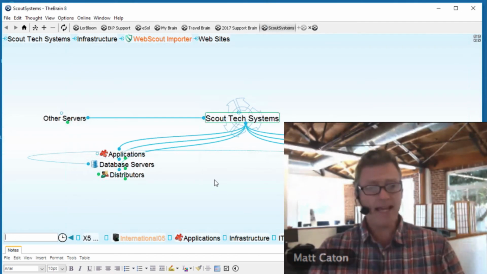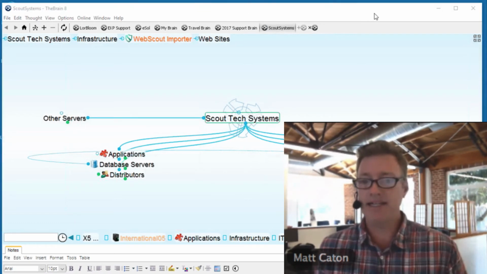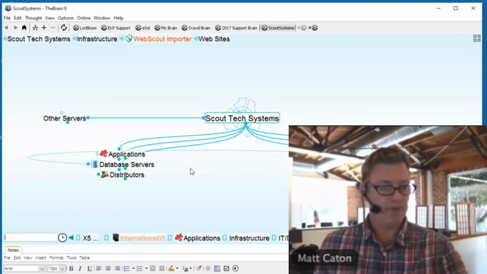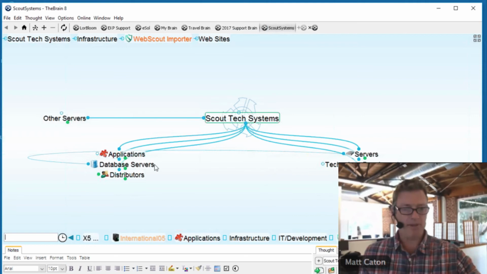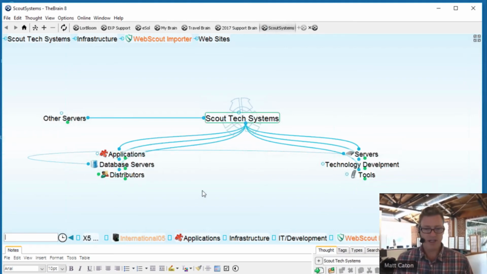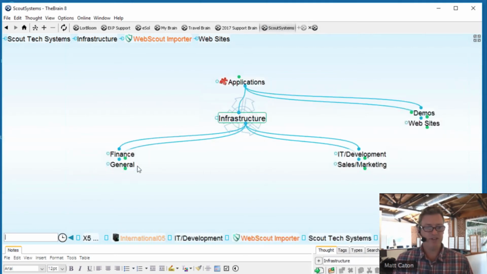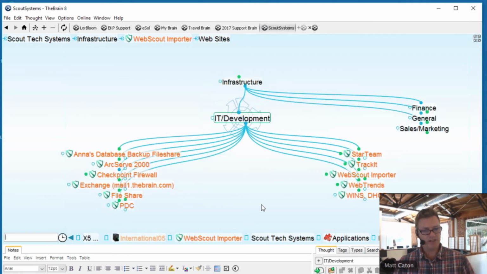So again, I've got another brain sample open now, and I'm going to go ahead and click down through. I can go directly to all my applications, my database servers and distributors, etc. I'm actually going to go down into applications, and I'll check out my infrastructure, and I'll go into IT development. So these are all the current focuses that I have in the IT development category. And of course, I can click on any one of these to find more